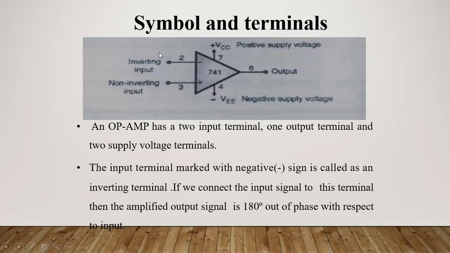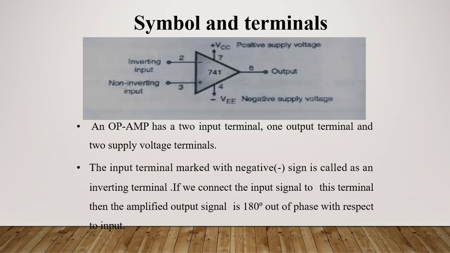Of these, 2 pins we call inputs. Why do we have 2 inputs? Up to here we have studied amplifiers having only one input, V1, but here we are using 2 inputs. The reason is that it is an operational amplifier. Operations like addition, subtraction, multiplication require two inputs. We cannot do addition, multiplication or any mathematical operation with a single input. If you want to do a mathematical operation, we require more than one input, so the op amp contains two inputs.